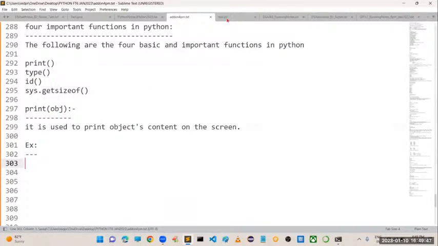Best example, I will take a small program, try to understand here. I have object 1 or A is equal to some number called 14. B is equal to another number, 7.345. And C is equal to some data called Prakash. And D is equal to a student marks sheet with marks in 3 subjects.